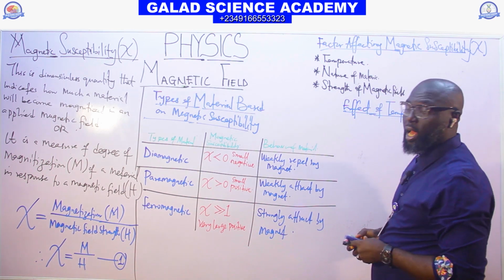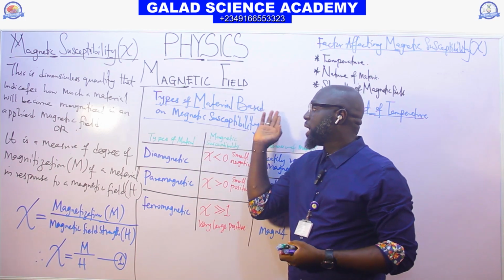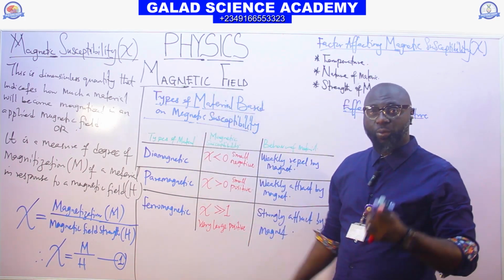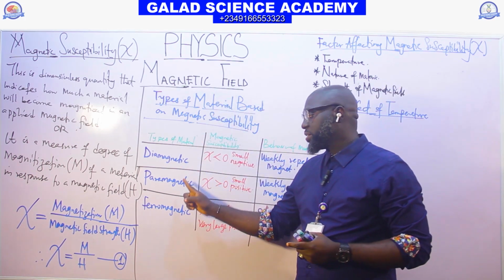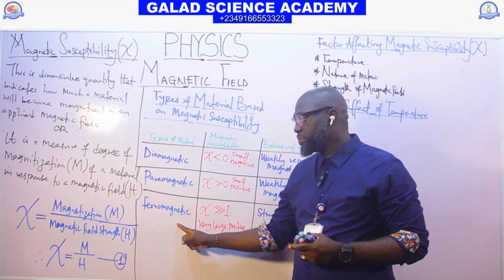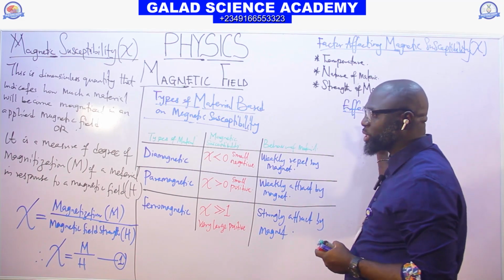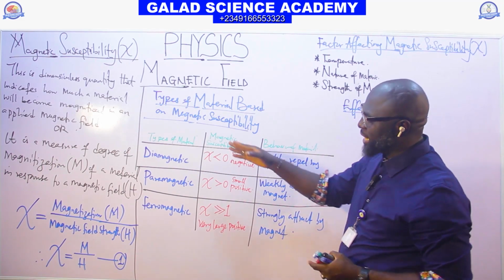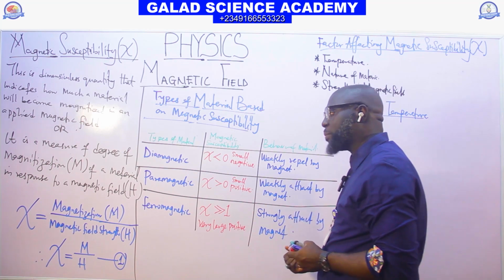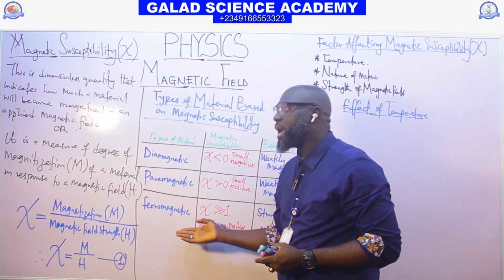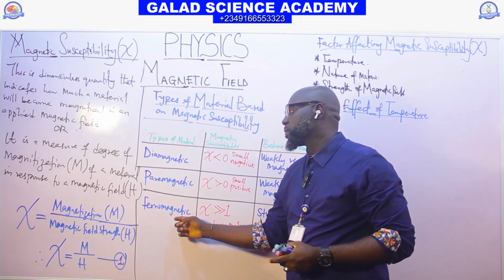You know that, based on magnetic susceptibility, materials are grouped into 3: dia, ferro, and para. So I would like to look at the effect of temperature on diamagnetic, paramagnetic, and